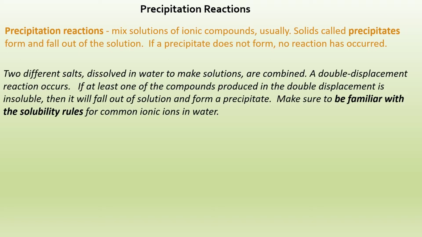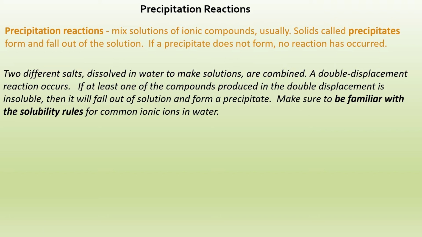Now, how this works is that two different aqueous salt solutions are combined in a beaker, and a double displacement reaction can occur. Now, if one or both compounds produced in the double displacement are insoluble in the water, then they will fall out of the solution and form a precipitate. Now, we have to be very familiar with the solubility rules for common ionic compounds in water if we want to be able to predict if a reaction has the chance of occurring, or if we should expect a reaction